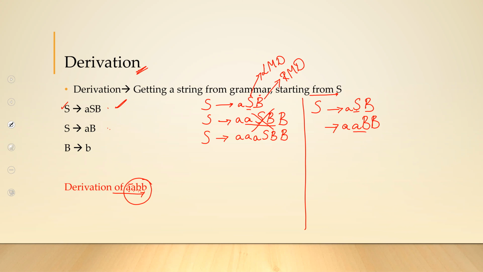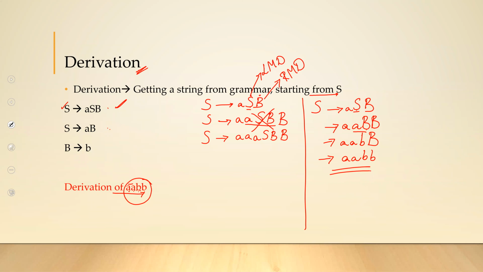S, I'm replacing it with AB. And then A A B, B. I have B over here, and then I write B. At the end of the day, I will be getting AABB, which means I have derived it. So you should be using your rules so that you are able to derive it. You can have more than one production rule for the same symbol, but it is just a trial and error method and a bit of a sense to find out which you should be using.